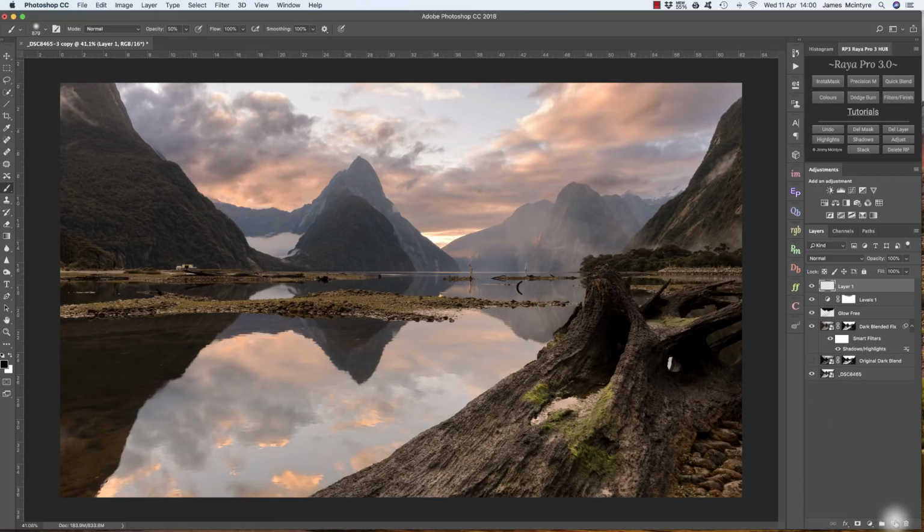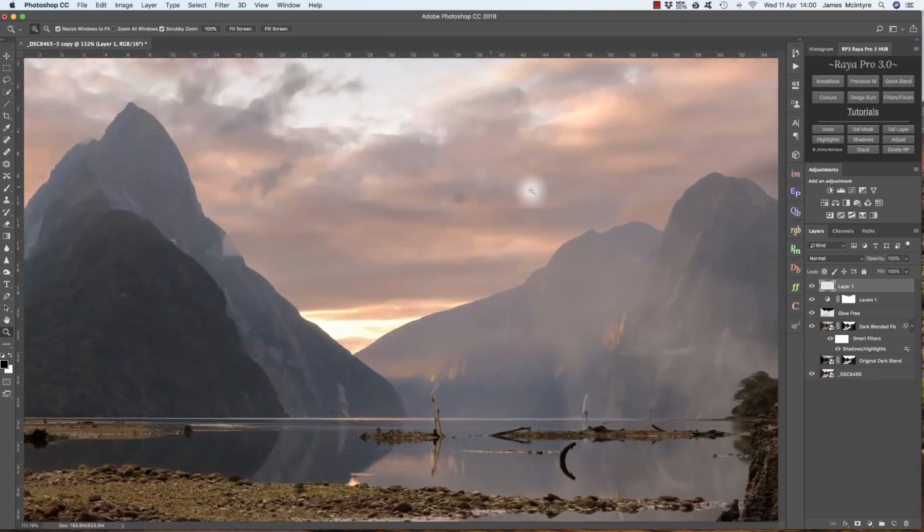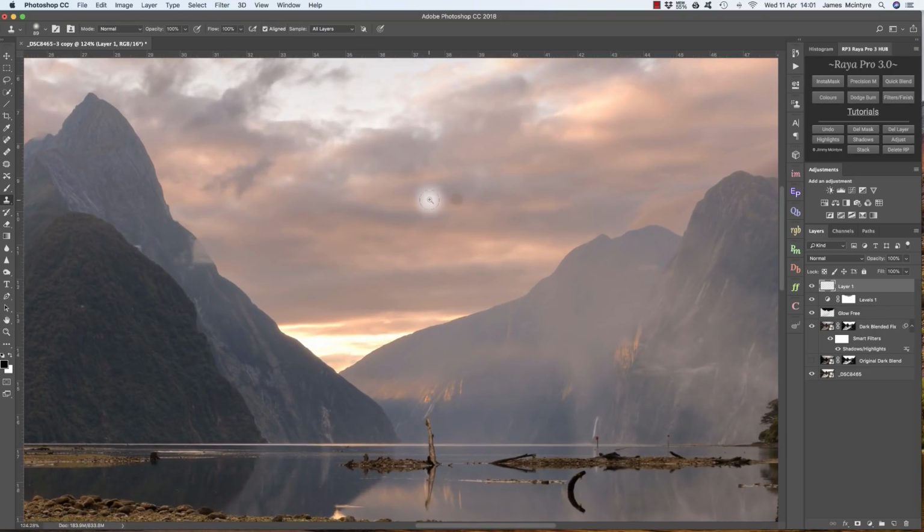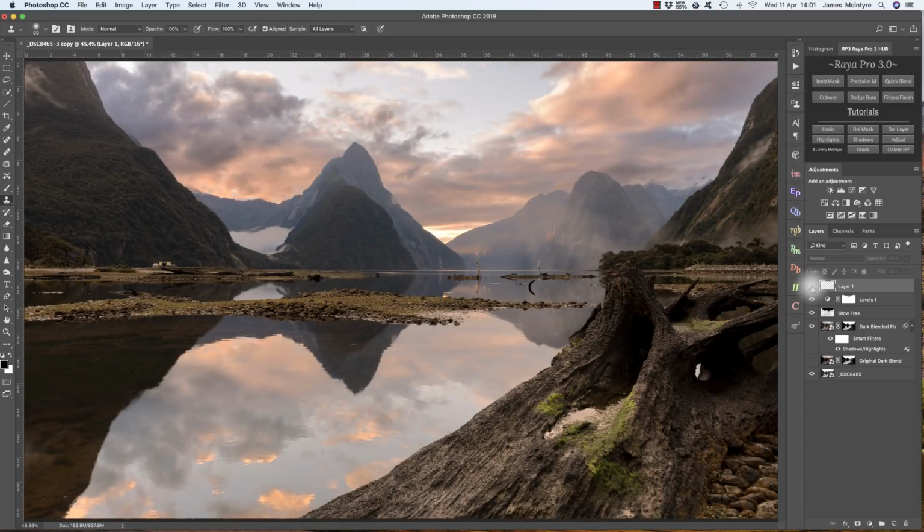So I've created a new layer and I'm choosing the clone tool here, and I have sample all layers selected. And if I zoom into the sky, I can then hold down Option on a Mac or Alt on a PC, select one part of the sky, and just clone that out there. And there we go. And now if I zoom out, I can do a before and after comparison, and that's